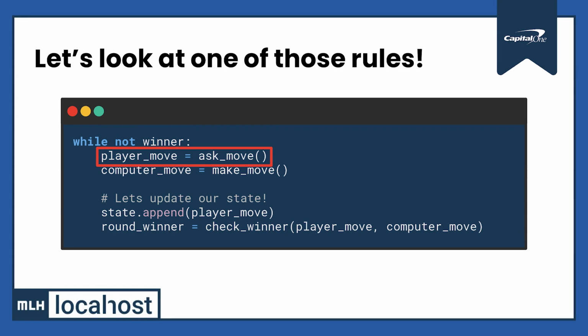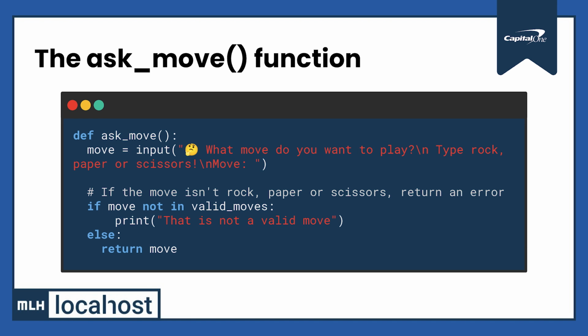We're going to take a look at how the ask move function works. You should follow along in your own code while I do this. So this code is what is run when we call the ask move function. If you scroll up in your file, you should be able to find it. Now, this code asks our user to type in the move that they want to use. By using an input function, we're telling the computer to print out whatever's in our parentheses, and then we're going to wait for the user to type in something to the console. We'll get to what that is in just a second. Or to input something and save it to the variable move.